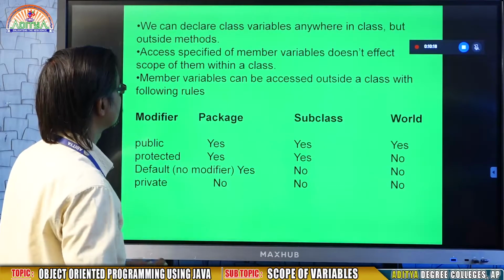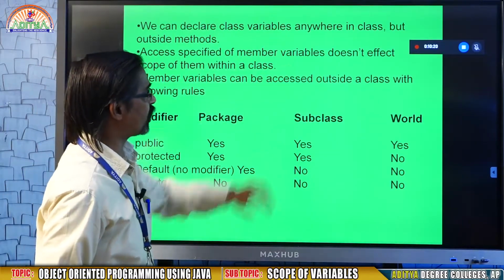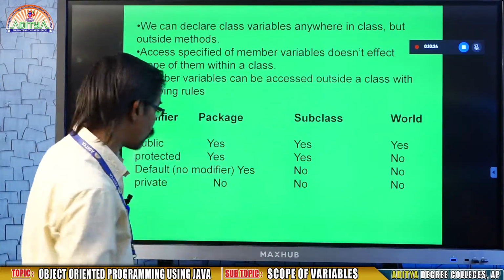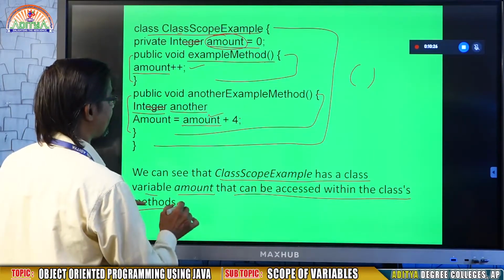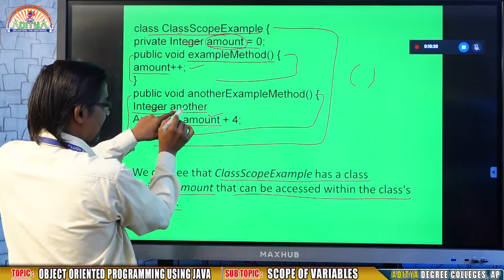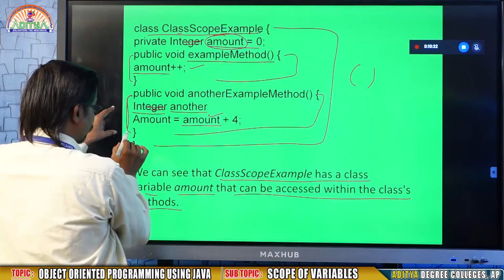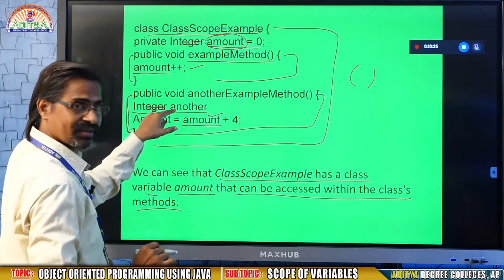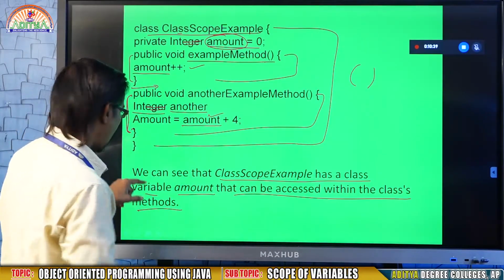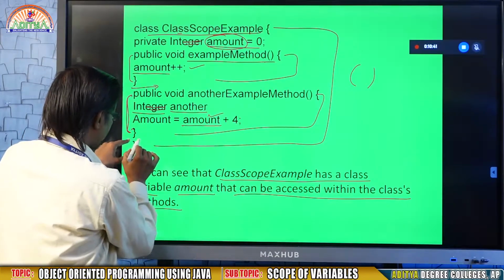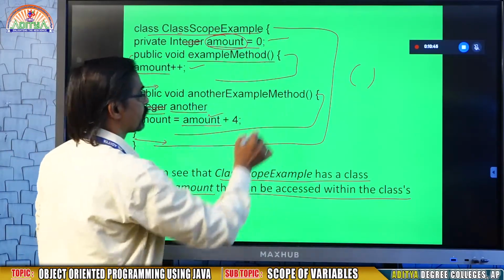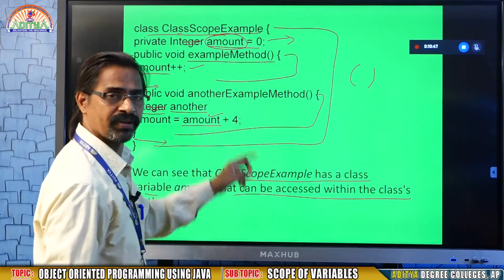The next one, we can declare class variables anywhere in the class, but outside methods only. What is the meaning of outside method? Don't define it inside. For example, here another is declared within the method, so it is not a class variable. If you want to declare another as a class variable, do it in the middle, at the end, or above, in this place or in this place.